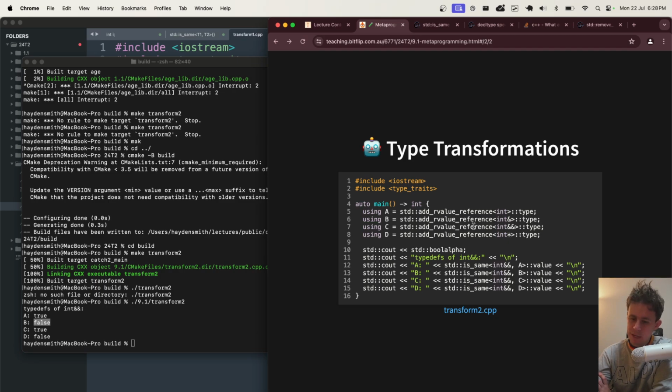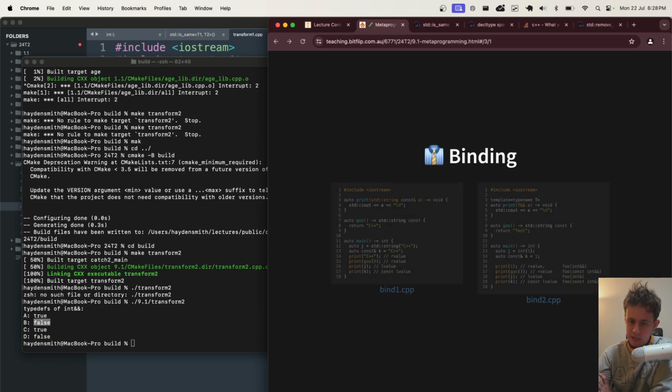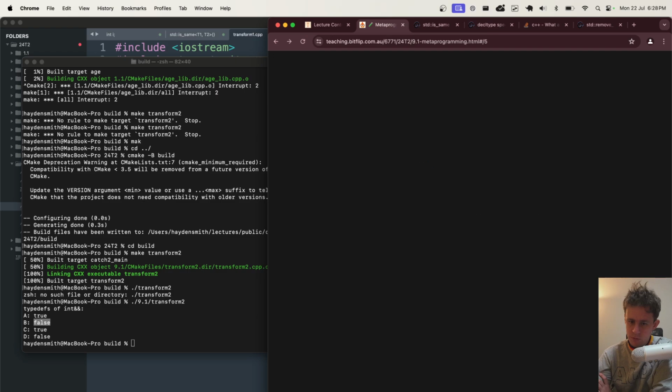The pointer one probably makes the most sense, because it's like, well, now you just have an R value reference to an integer pointer. But this one's kind of funny, and also, if you have R value reference and R value reference, how does that work? These are interesting questions that are answered through, where is it?